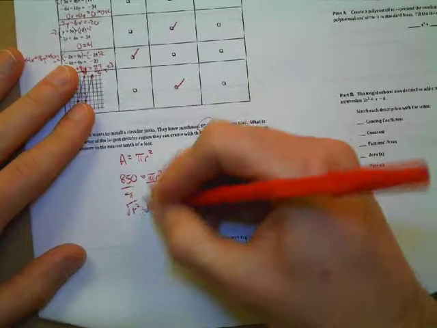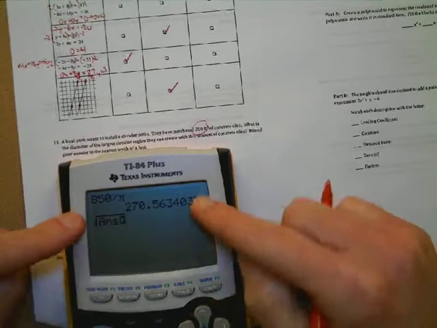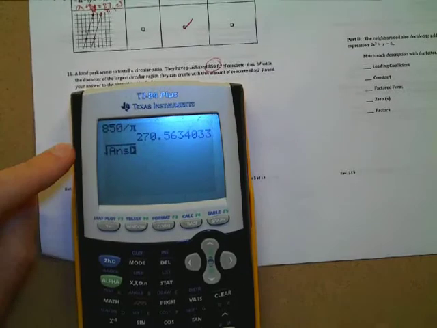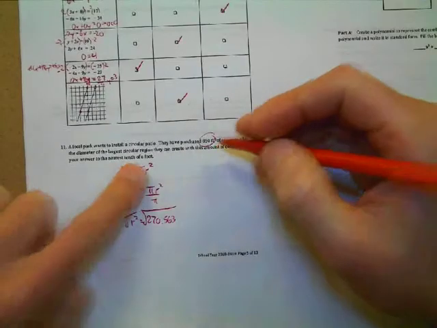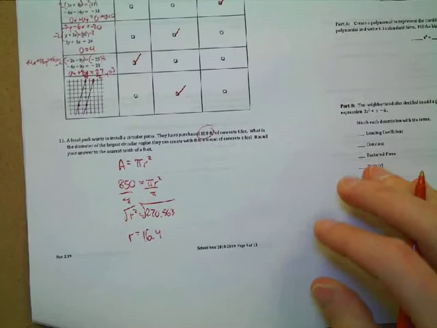And then I'll square root both sides here. I'm just going to go ahead and do square root of my answer here to make it a little bit easier. I get 16.4. And it says to round to the nearest tenth of a foot. So r equals 16.4, but